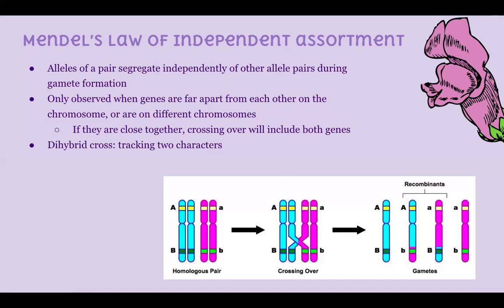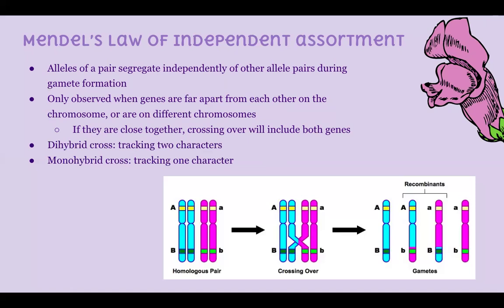Then we would do what's called a dihybrid cross. This is just a double Punnett square. So what we have been doing are called monohybrid crosses, where we are tracking one character. Okay, and we're looking at what happens with just one character that's randomly separated and randomly combines with another allele. For a dihybrid cross, we're looking at two things at the same time and trying to come up with all